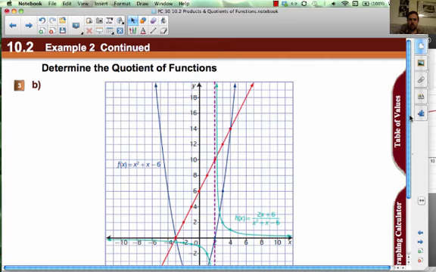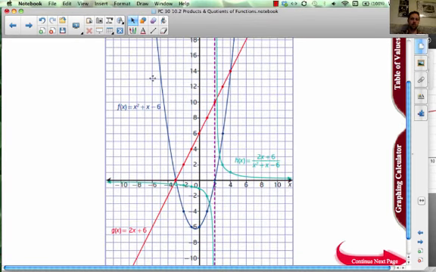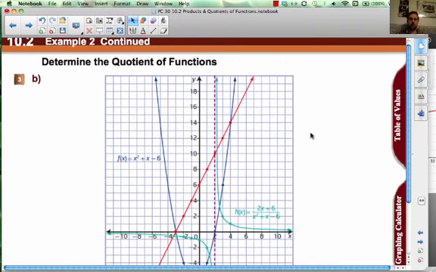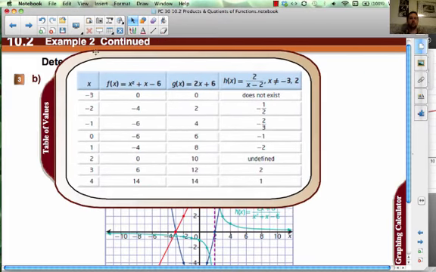Sketching the graphs right here. This is what the original functions look like. So f of x, quadratic, g of x is this linear one. And in order to sketch the graphs, we would use basically a table of values. So since we're doing g divided by f, figure out a whole bunch of values for x to plug into